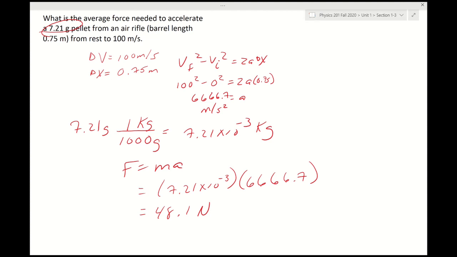Newton's third law basically says that momentum is